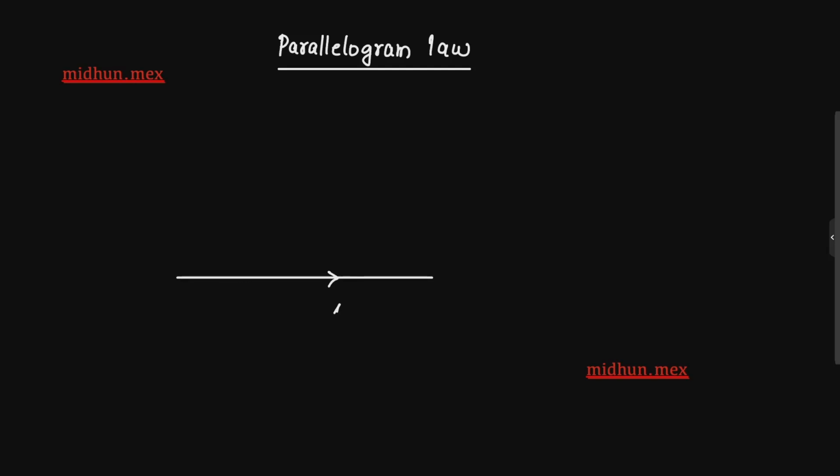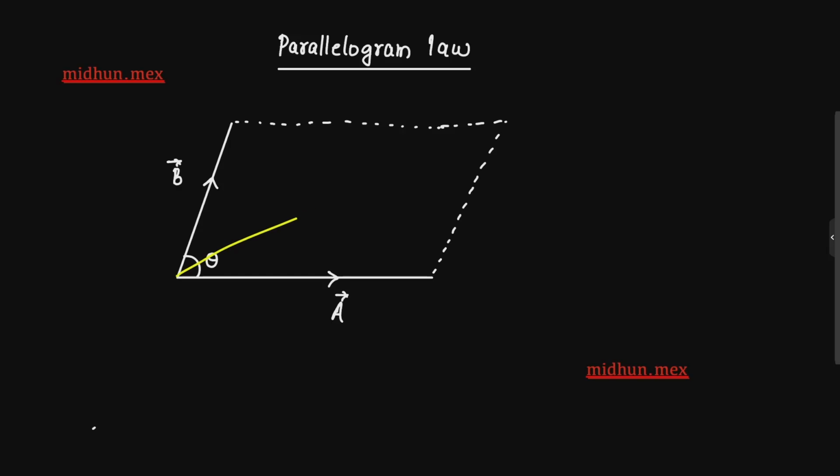This is your vector A, and let this be our vector B. A and B make an angle theta. So we will construct a parallelogram as I told earlier. This is the parallelogram we are constructing, like this. And in this parallelogram we will draw the diagonal. This diagonal will give you the A plus B value. We generally represent it by the resultant R. Okay, now let us see how we are going to do this.